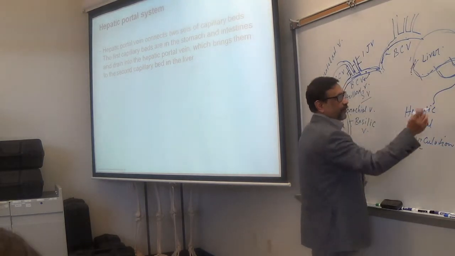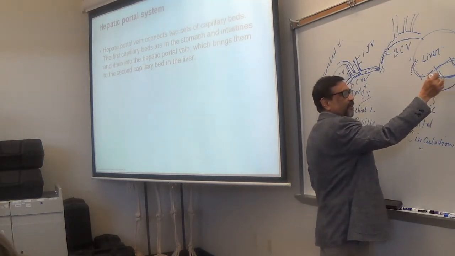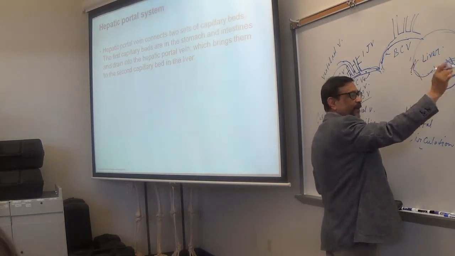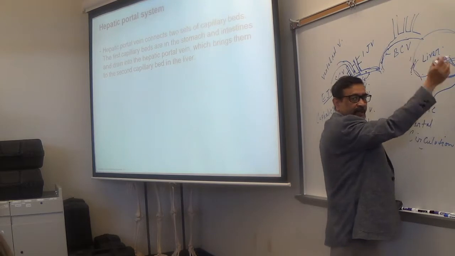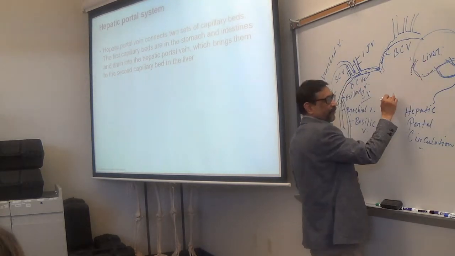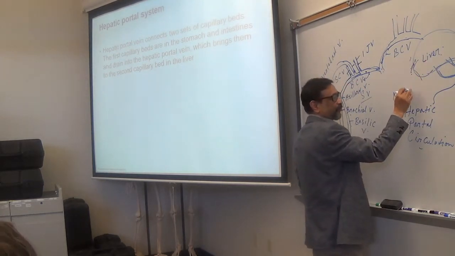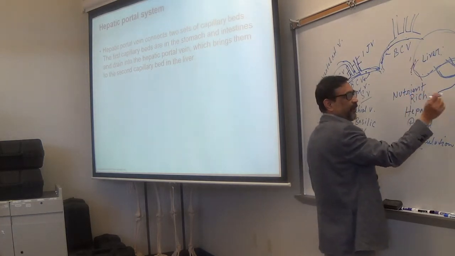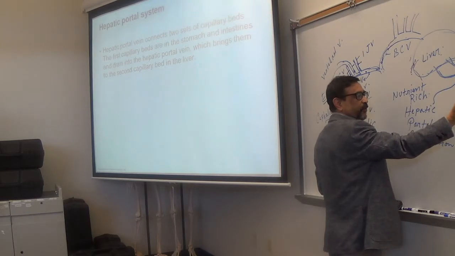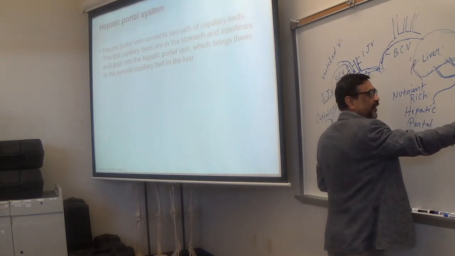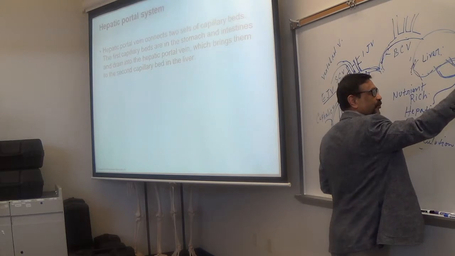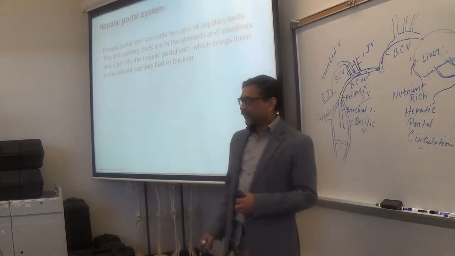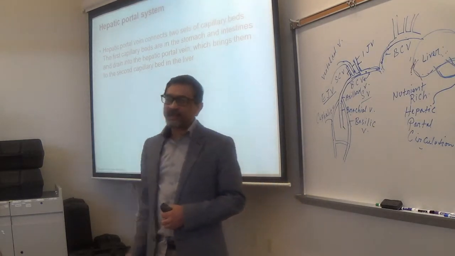So, these are portal veins or hepatic portal veins. But remember, what kind of blood is going from here to here? Nutrient-rich blood, because from the intestine, the food we eat, right? Most of the nutrients are first taken to the liver. So those are the veins taking it. Now,